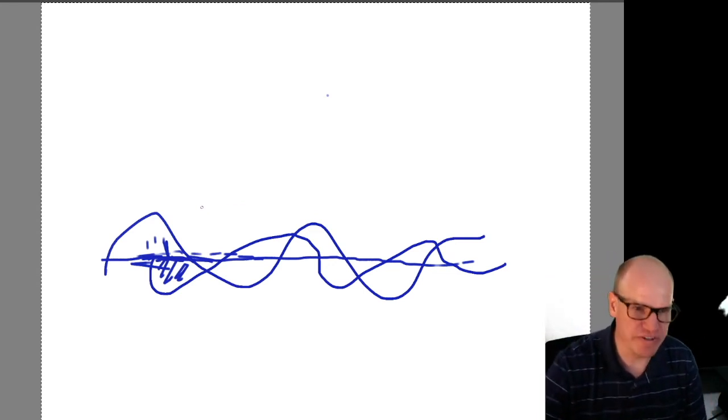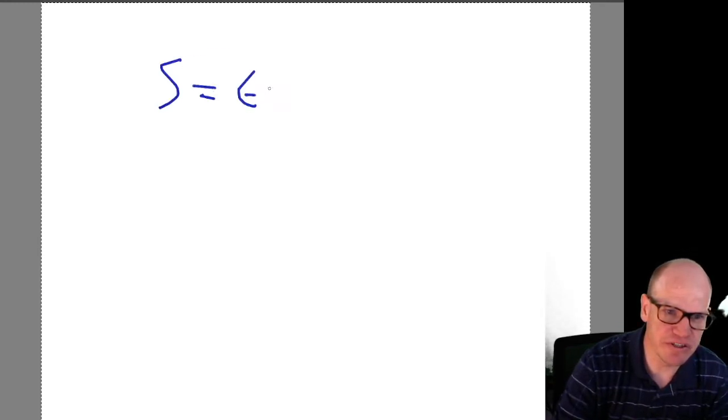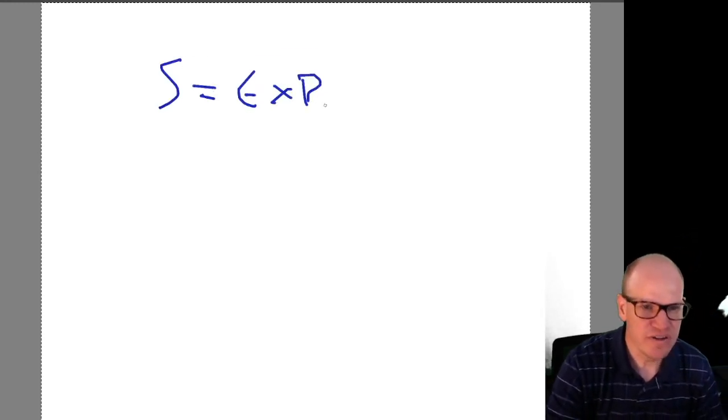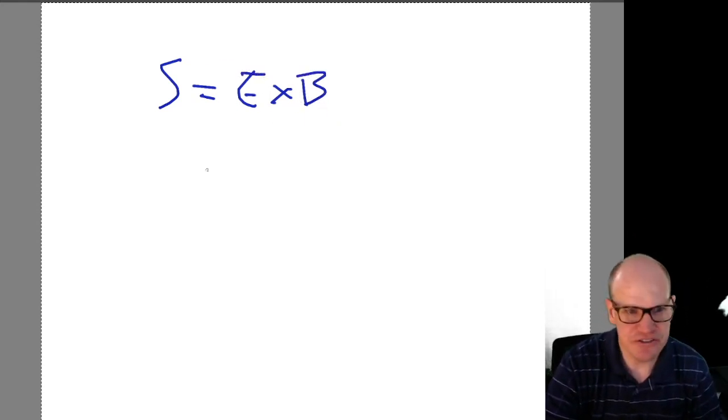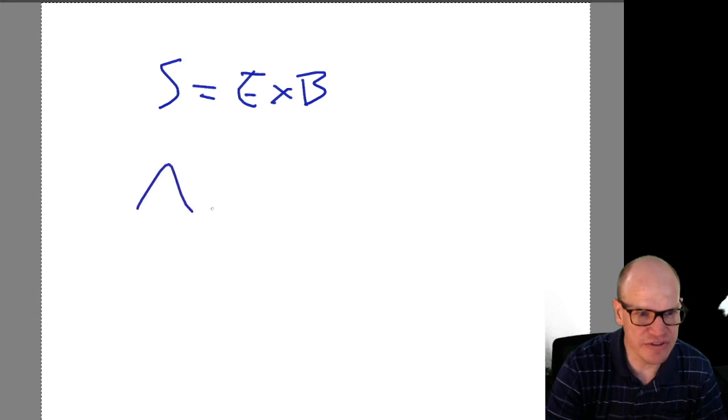Oh, yeah, the pointing vector. The pointing vector is the direction of the flow of energy. So the pointing vector is E cross B, and this is the direction of the flow of energy. So if you have an electric field oscillating like this and the magnetic field oscillating like that, then E cross B,